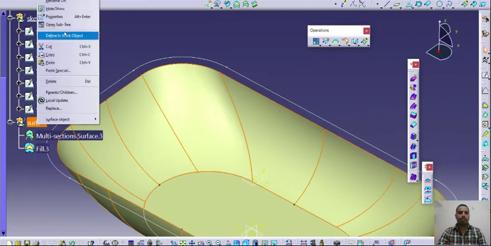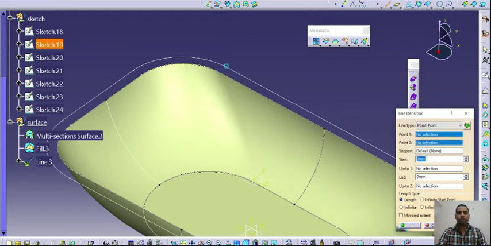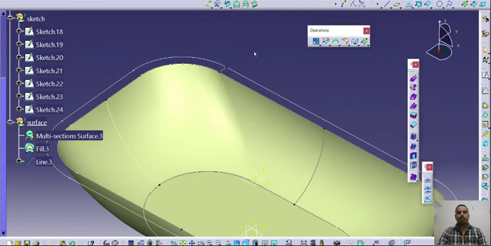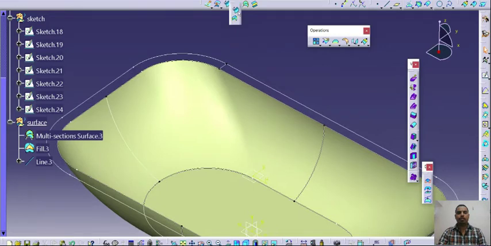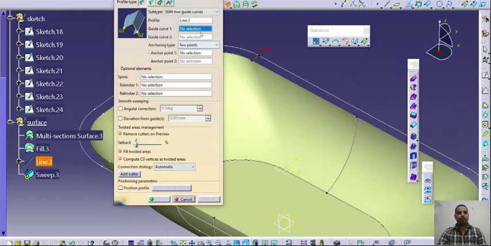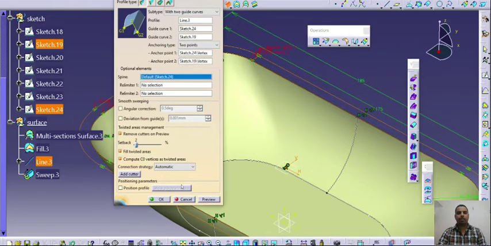Activate surfaces, create a line between these 2 points, and again I will use the sweep command. So this is my first guide curve, this is my second guide curve, and for anchor point I will again select this as the first point, this as the second point.